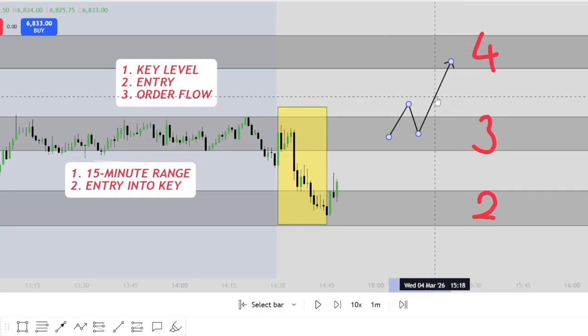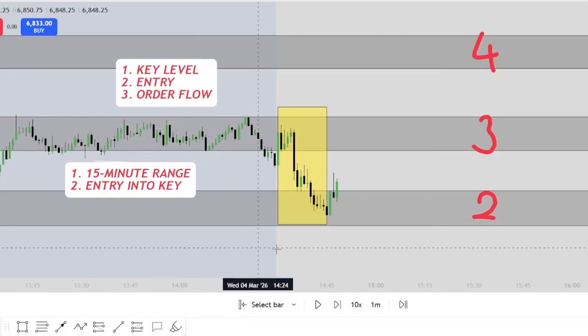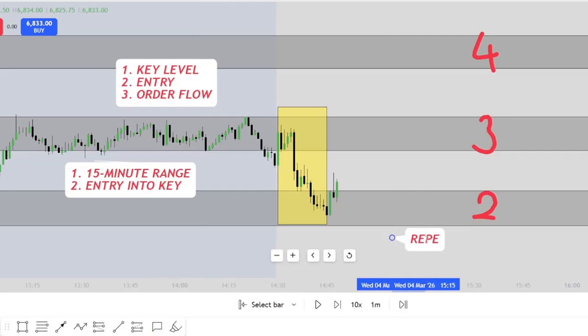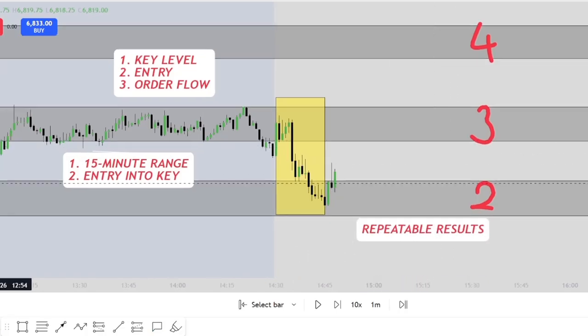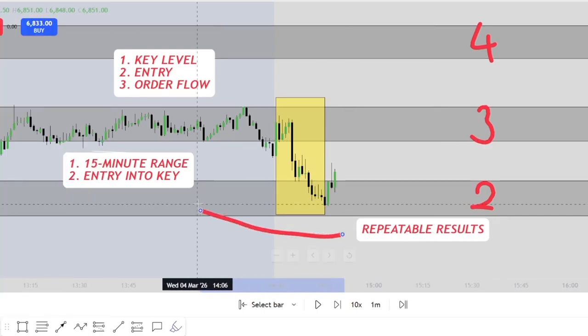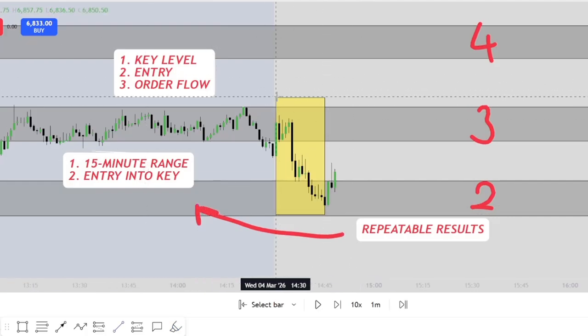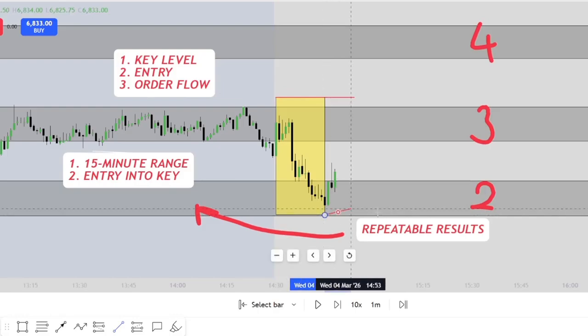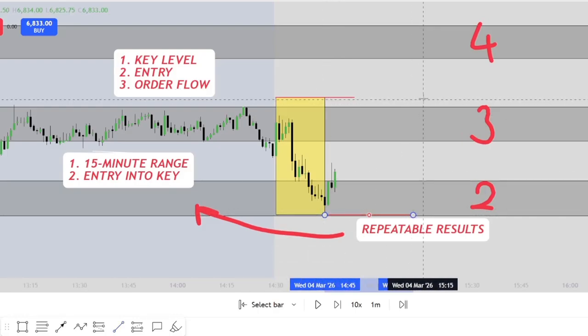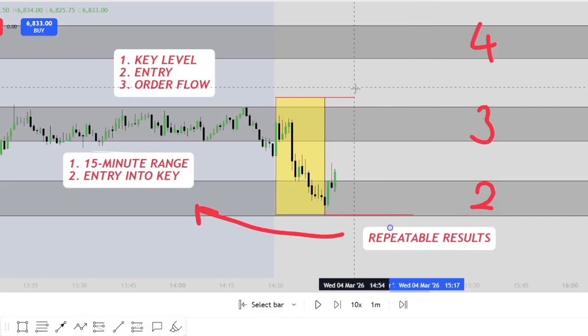So a repeatable system simply comes down to your repeatable action. So inputs and outputs, right? It's just inputs and outputs. So if you want repeatable results, you need to have repeatable inputs. And repeatable inputs is coming down to what I put here. So you need to identify your 15-minute range, right? So you're looking for ideally that 15-minute range break, right? You're looking for a 15-minute range break. So this is now the 15-minute high and low, right? So this is the low down here and this is the high. So let's